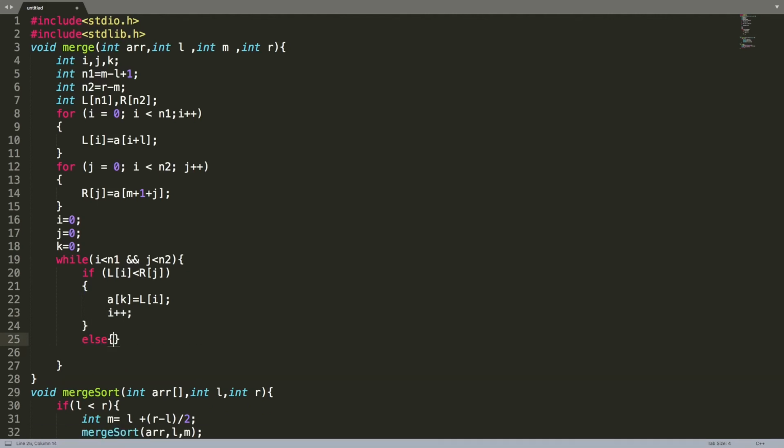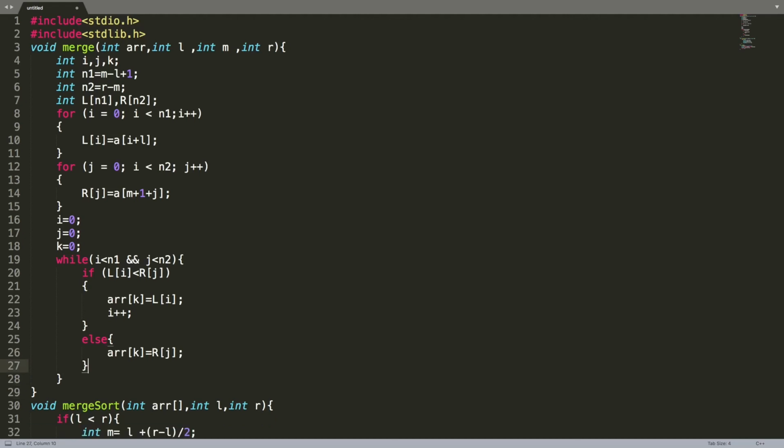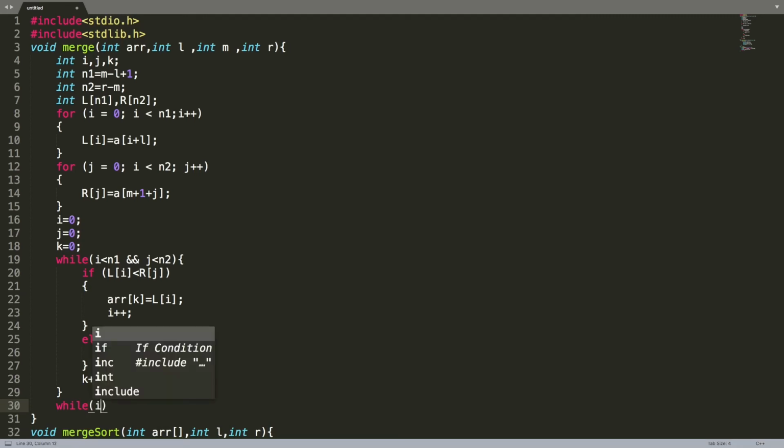So else arr[k] will be equal to R[j]. If L is not less, then obviously R will be. And here you will need to increment the j value, which I obviously skipped because I am a fool. Let's see, increment k plus plus, and then there can be situations where n1 has more numbers than n2, so